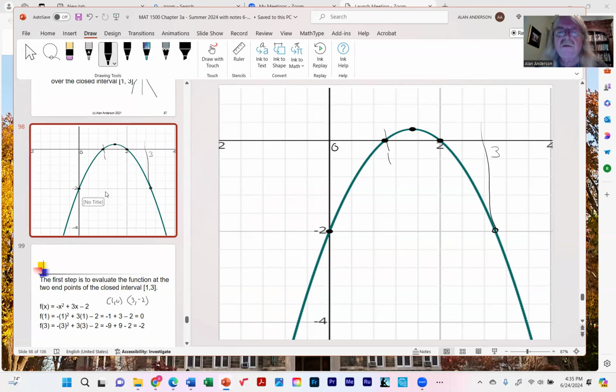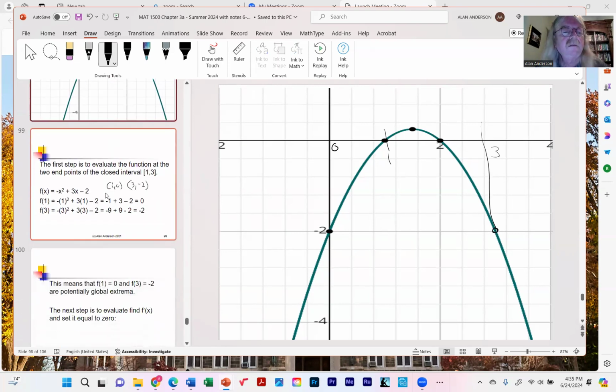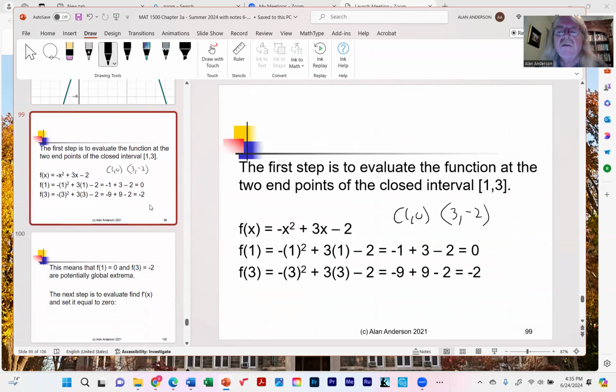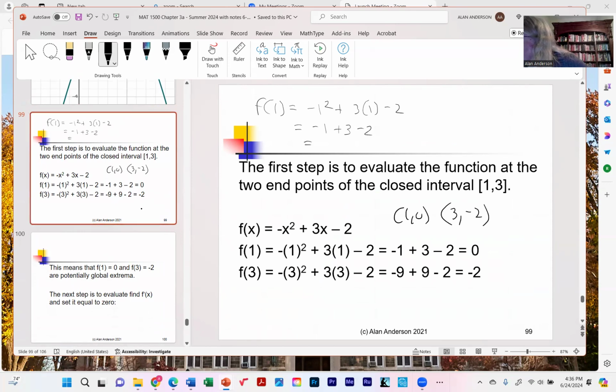All right, so now the points: if you plug these back in, you'll see that f of 1 is -1 squared plus 3 times 1 minus 2. Good. And then for 3,